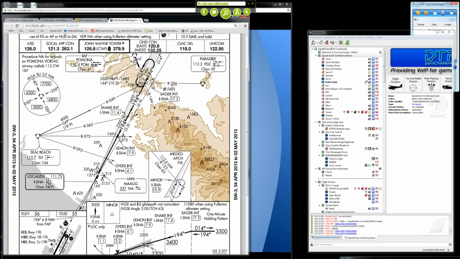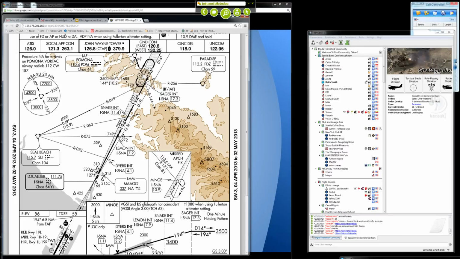So if you see this notation here, don't be too confused. That's it playing two roles. The trick there is to know what phase of flight you're in and what the context is, and then you can decide, okay, is Sager acting as an initial approach fix right now, or is it acting as an intermediate approach fix? All right, continuing from Sager inbound, we're now on the intermediate approach segment, which means our terrain clearance